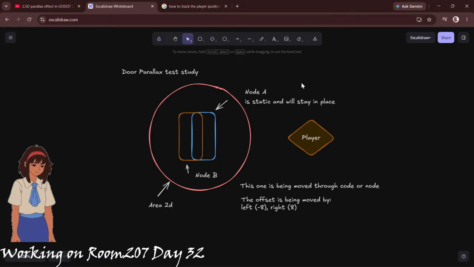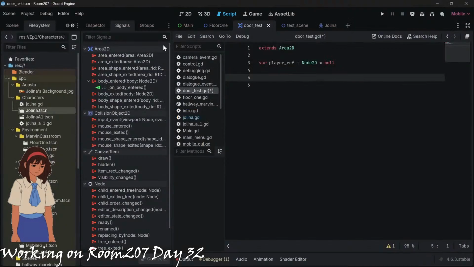Sorry. Area2D. I don't know how to do this variable character, but it would be